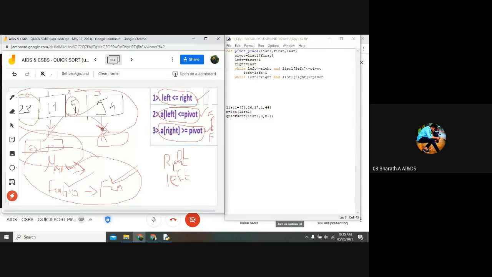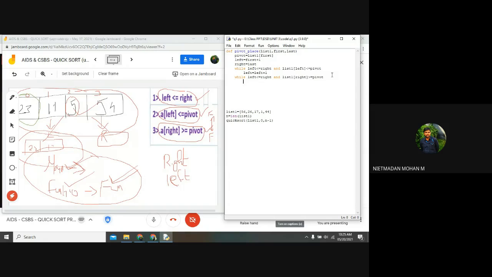Right moves one step backward. I am going to write that. So I have declared that right will be there, and right is equal to right minus 1. Not last, that is right minus 1. If suppose the right comes here, after that it will check the condition. If you give last, then it will be taken as the last portion only. If the right has moved here, and you want to move further, then you give right minus 1. What is the right value now? That is 3. 3 minus 1, it will go to 2. Clear about this step?